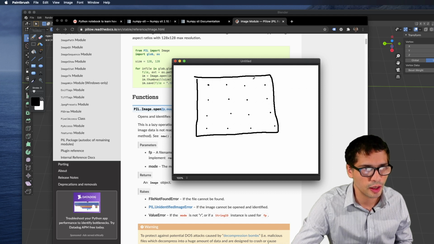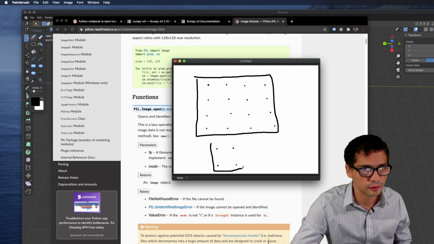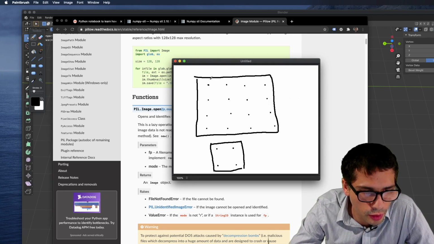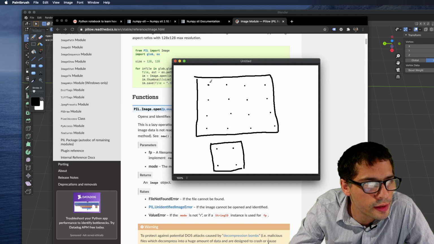So I have 4 by 4, so it's going to be 2 by 2. The way it works, right? I need to take this pixel intensity, this pixel intensity, this pixel intensity, and this one, and basically come up with a value that averages out these 4 pixels.